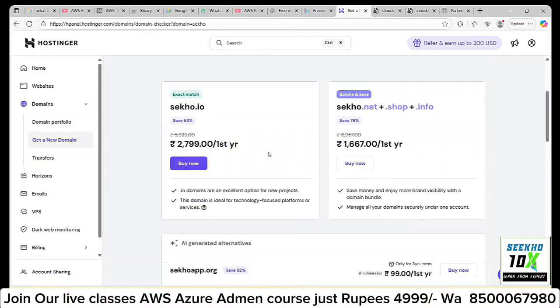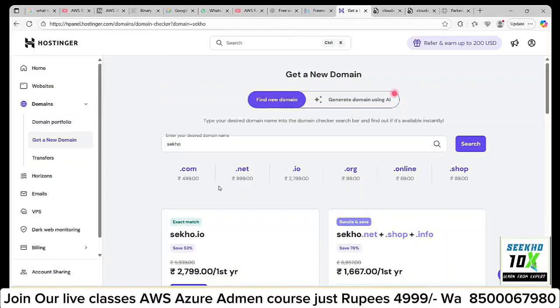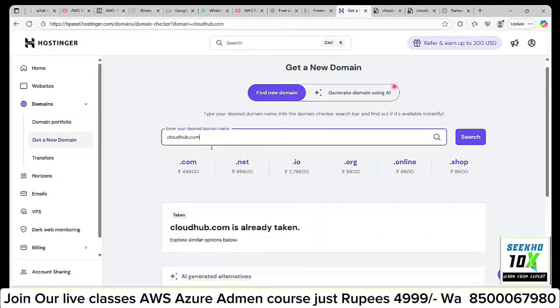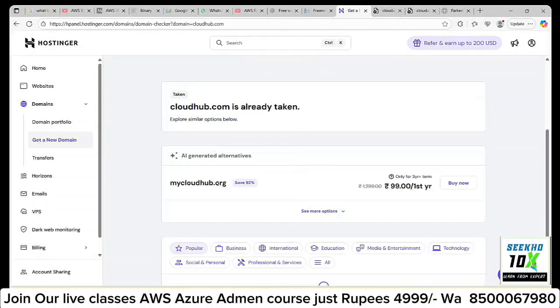You can see here, let me take cloudhub.com. So I am using a .com. With cloudhub.org, I have a lesser charge, 99 rupees.